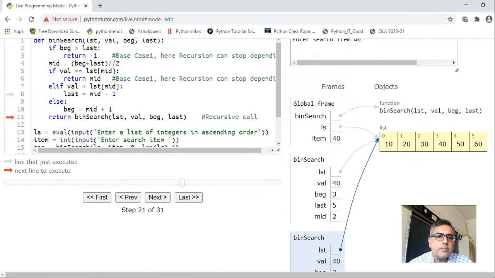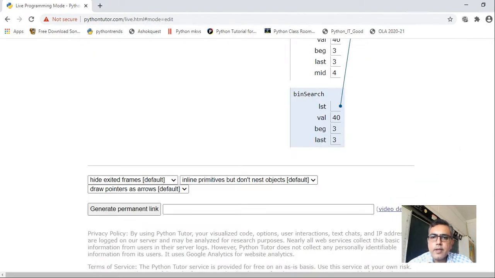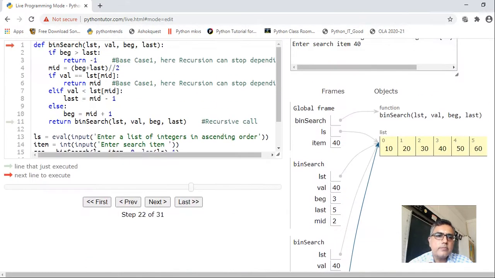Where the control has come, see, now it has come again to the return statement, binary search. Now it will call the list with LST, value of val 40, 3 and 3. See here. List, value 40 is to be searched, begin is 3 and last is also 3 this time, right?